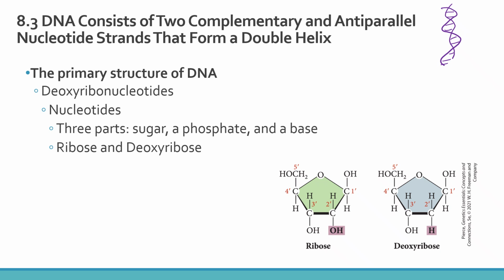deoxyribonucleotides. A nucleotide is the monomer or single unit of our DNA strand. Now, DNA is made up of 4 different monomers that we'll see in just a minute. There is a 5th nucleotide that we find in RNA. We're going to save our discussion of RNA mostly for chapter 10 when we talk about producing RNA, but we are going to talk about its general structure today because it is a nucleotide or made up of nucleotides just